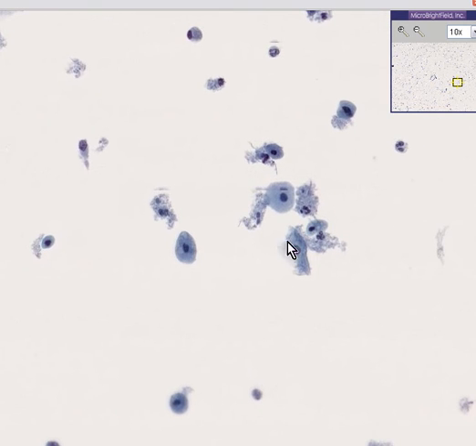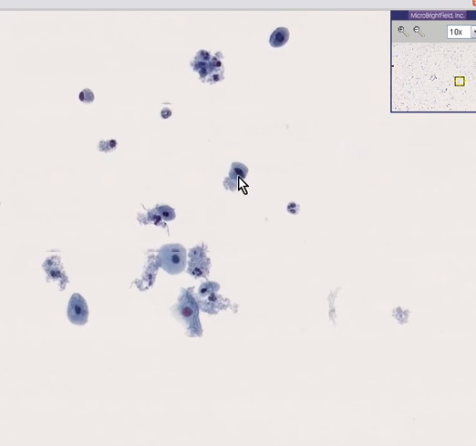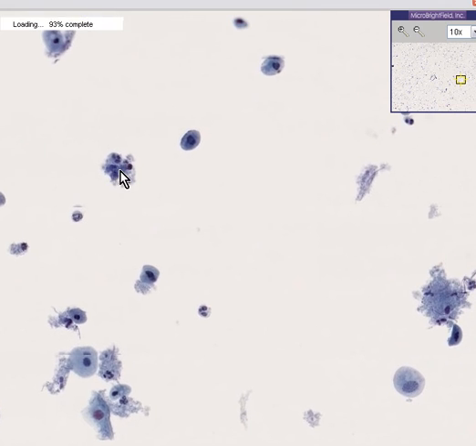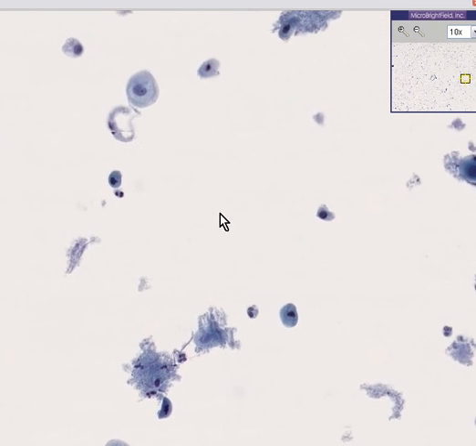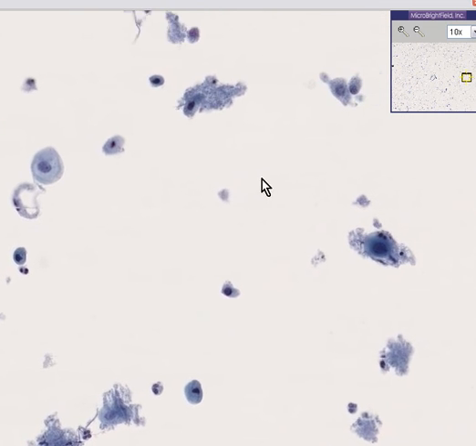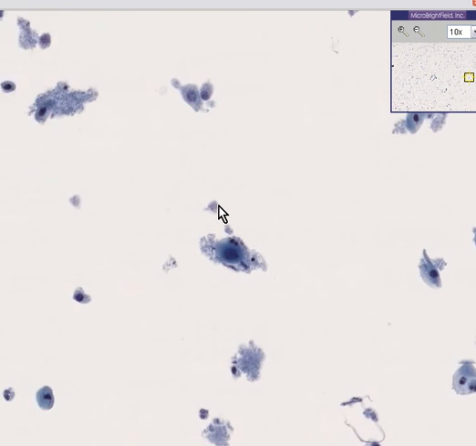There's one, there's one, there's one. Most of these other small cells are inflammatory cells. There's a neutrophil, there's a macrophage. There's probably a couple of neutrophils here. Here's a basal or parabasal cell. Here is another one. Notice that there are very, very few surface squamous cells, and that's why this slide is